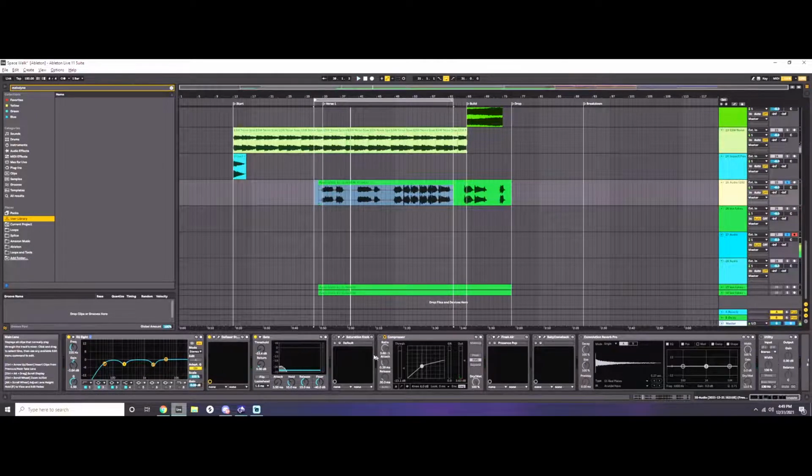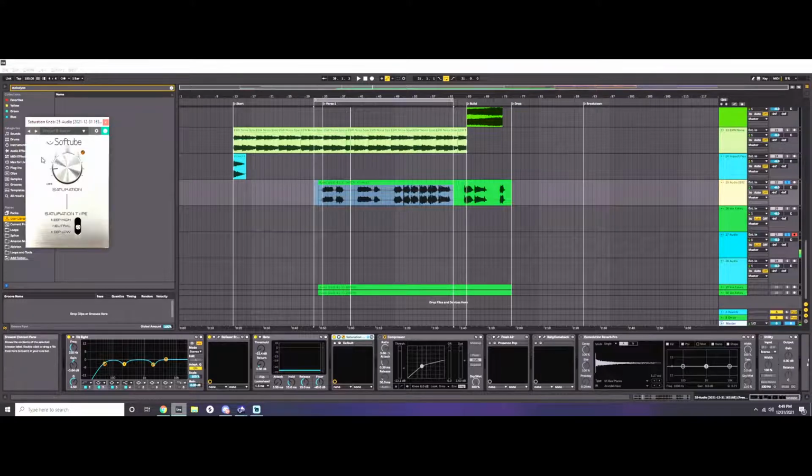Yeah, that'll work. All right, next thing. Also, the gate is built into Ableton. The EQ8 is built into Ableton. The saturation knob is a free plugin. I think it's from Sound Toys, and it is wonderful. So I have it at about 9 o'clock here, and it's just going to add some